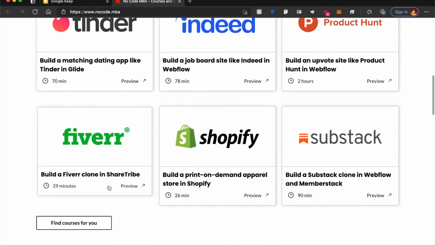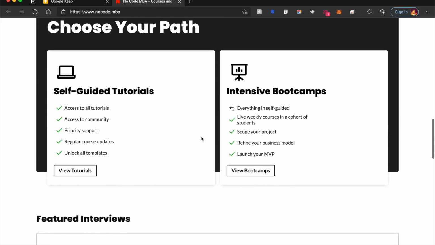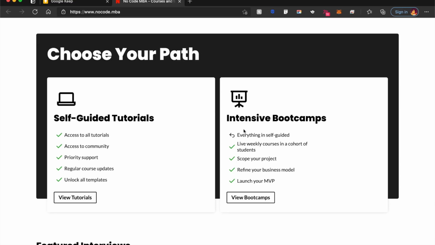So if you're looking to make applications, actual applications for your business, this is one of those boot camps. Now they both have boot camps as well as tutorials. So if you want to be a self-taught designer creating no-code tools, then this is the one for you. This is what you need to take. All right, so those were some incredible tools. I'm actually going to try and make a game.